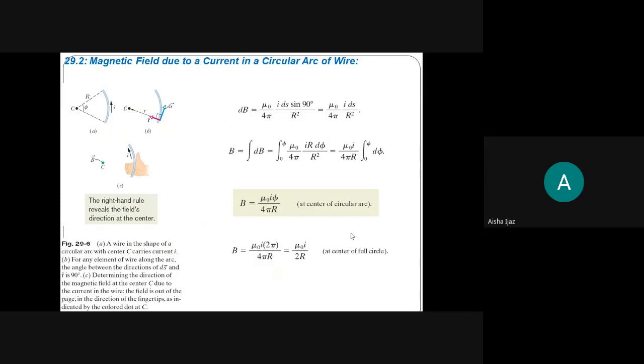So here, if it is a circular arc, just look at this blue line, which is a circular arc, and the current is passing through it. And this is the point C where you have to calculate the magnetic field. Since it's a circular arc, this will give you the radius r. In other words, this r is actually small r, which is the distance of the point with respect to the patch, if I take the patch here.